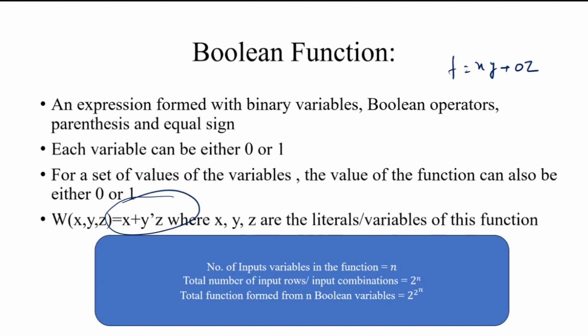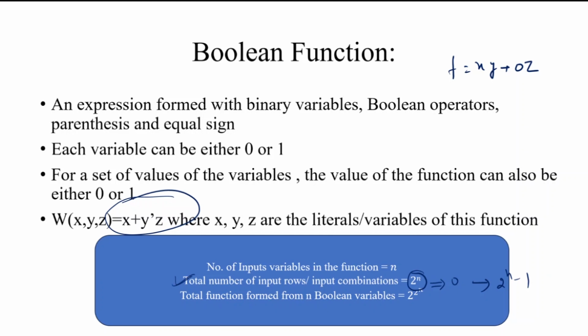The second task is, in which input combination is the output 0, because here the input is in the form of 0 and 1, and the output is also in the form of 0 and 1. What is the total number of input combinations? If there are n Boolean variables, then the total possible input combinations are 2 to the power n. That starts from 0, meaning all the variable values are 0, 0, 0, and goes up to 2 to the power n minus 1, meaning all the values are 1, 1, 1, with values in between.